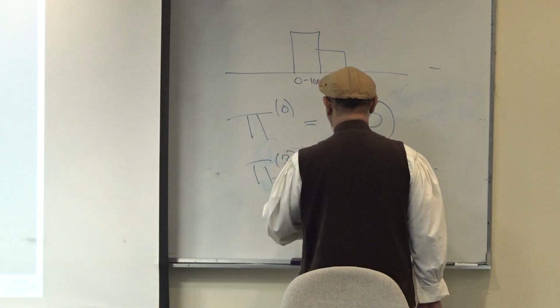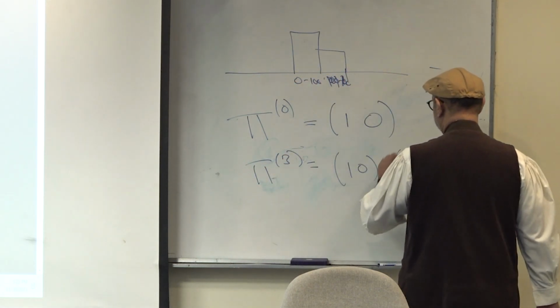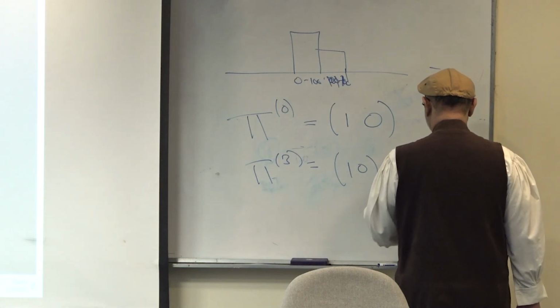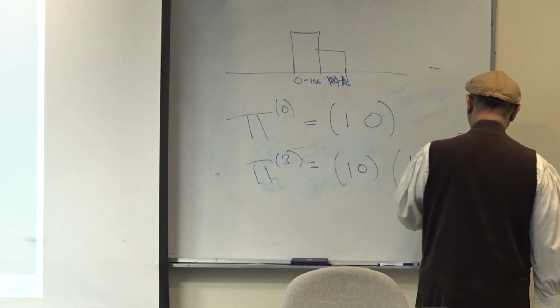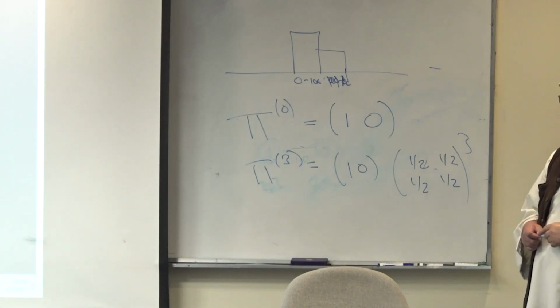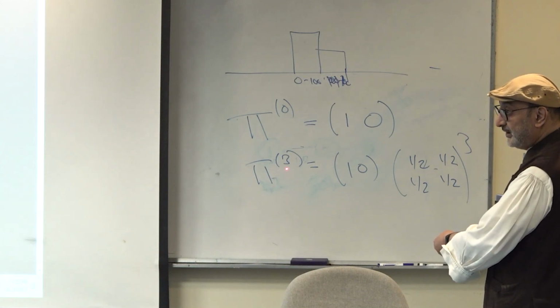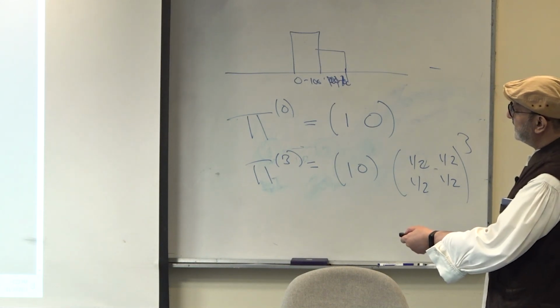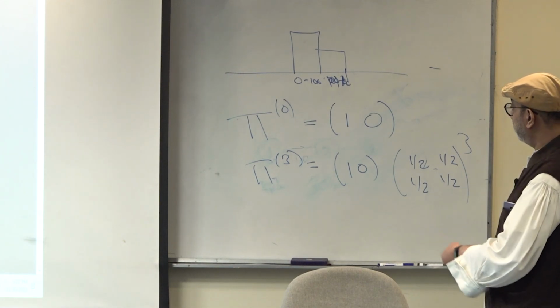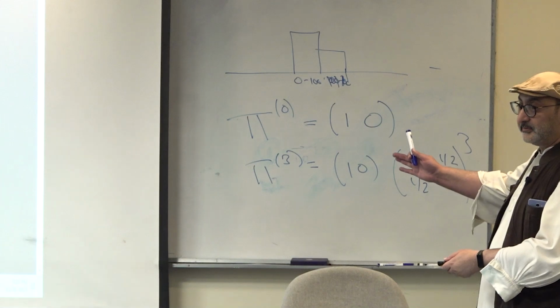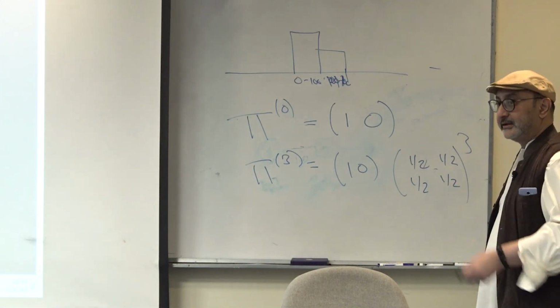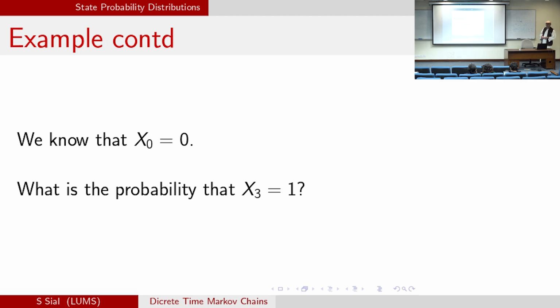Okay, so then pi of 3 is equal to (1, 0) times this matrix cubed, right? And once I've calculated pi of 3, this asks, what's the probability that x3 is equal to 1? Well, I'll look in the second entry of pi of 3, and there will be the probability that I'm looking for. We have to do the matrix multiplication every time. Yeah. Do like 2 power 17 or something. Yeah, okay, so,